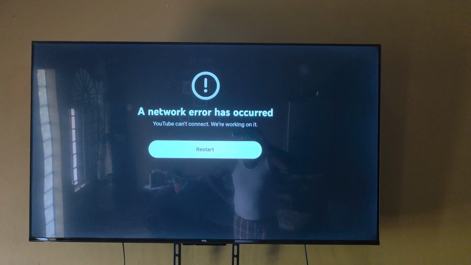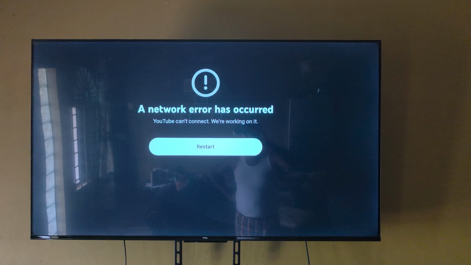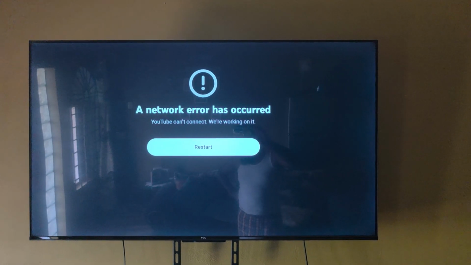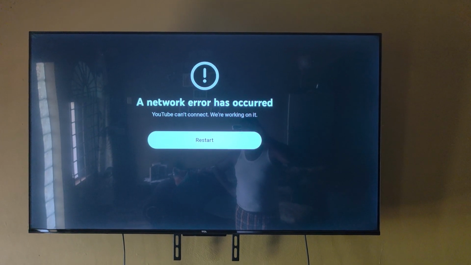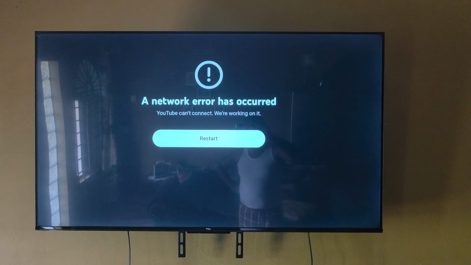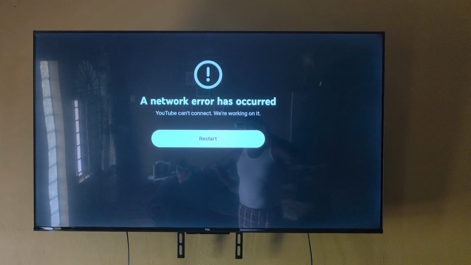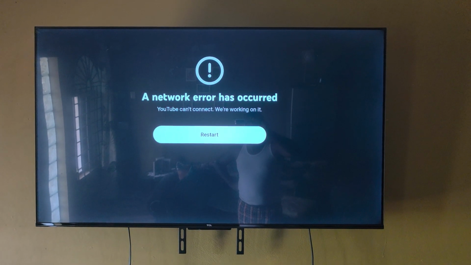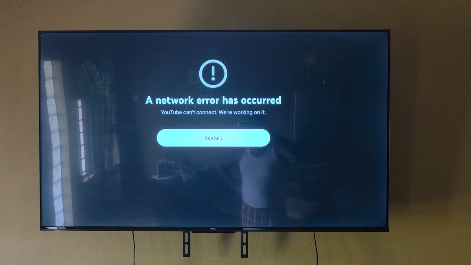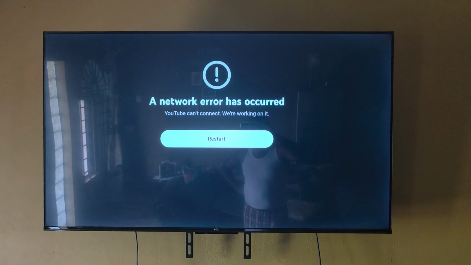The first thing I want you to do, guys, is to go ahead and check your internet router. Check to see if it's indicating you have internet. A good idea is to reboot the internet as well. So go ahead and reboot the router and of course give it a minute. Once you do, come back to the TV and hit restart, especially if your other devices are able to connect